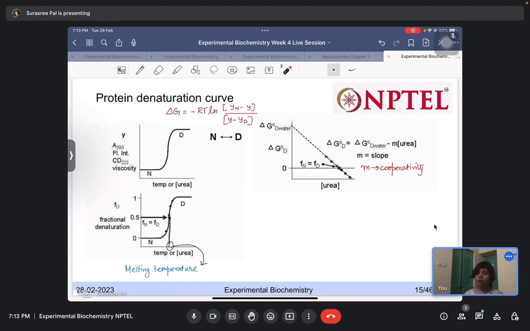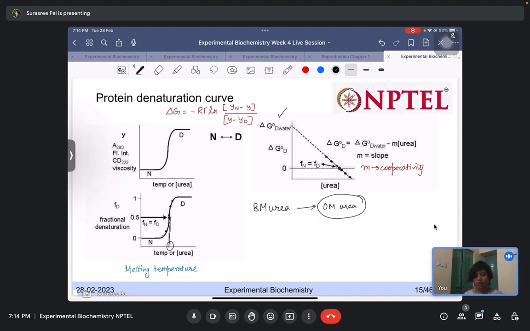Now as I told you, this denaturation is a cooperative process, and we can have an idea of this cooperativity. How do I have an idea of this cooperativity? So if we plot delta G with respect to the concentration of urea or with respect to the temperature, for example, then what happens is that if we decrease the concentration of urea, so suppose we usually use 8 molar of urea for denaturing the proteins. So from 8 molar of urea, if we decrease the concentration to 0 molar of urea, and if we determine the change in delta G value, and if we plot it in this kind of a plot, then